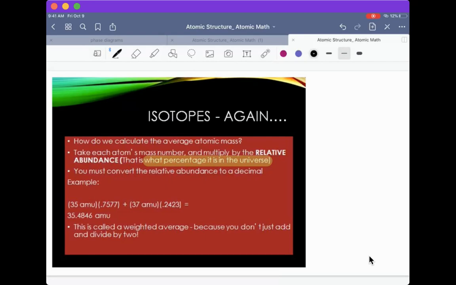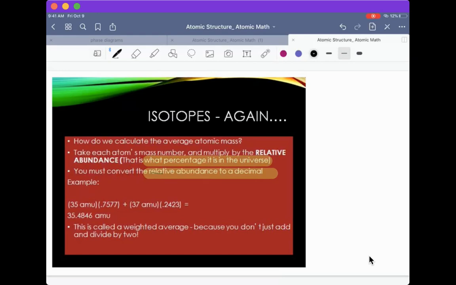So when we take our mass number and multiply it by its relative abundance, which most of the time is given in a percentage form, we have to change it and convert it to its decimal form. So when we are using relative abundance in our mathematical manipulations, it must be converted into decimal form. So let's review real quick how we do that. So for instance,